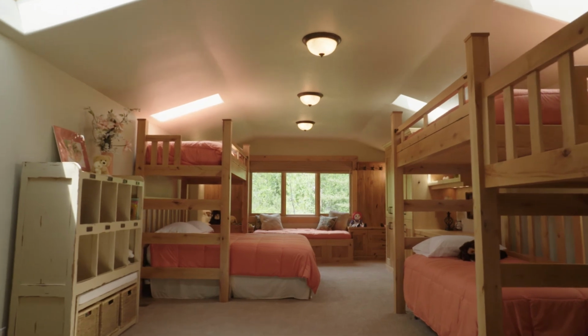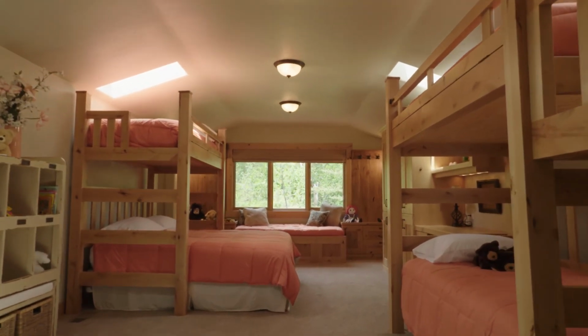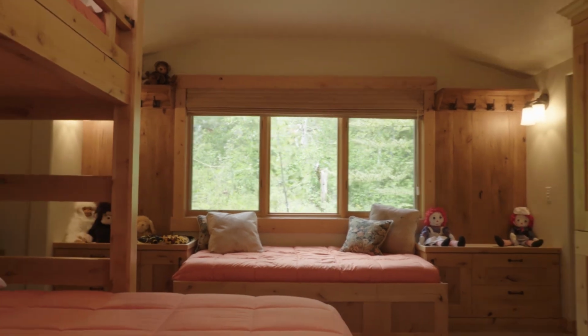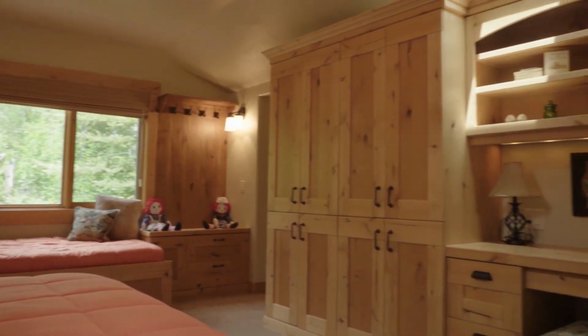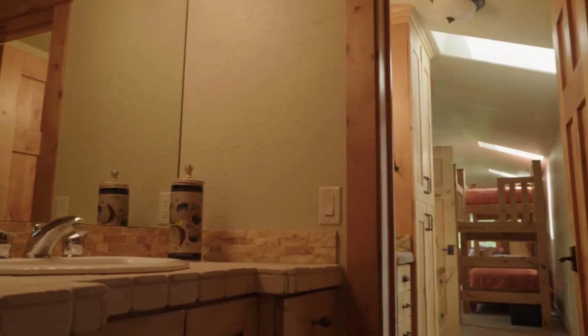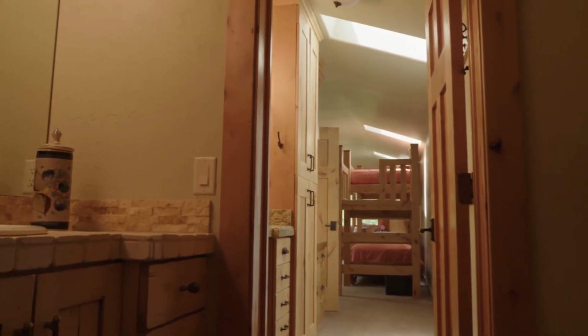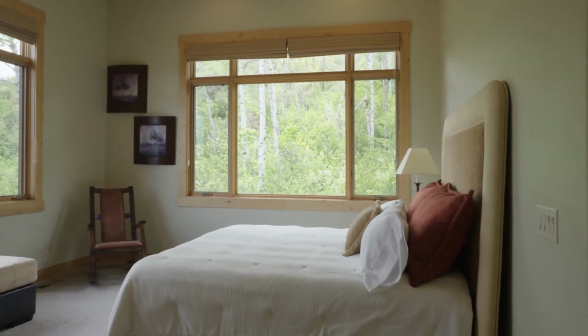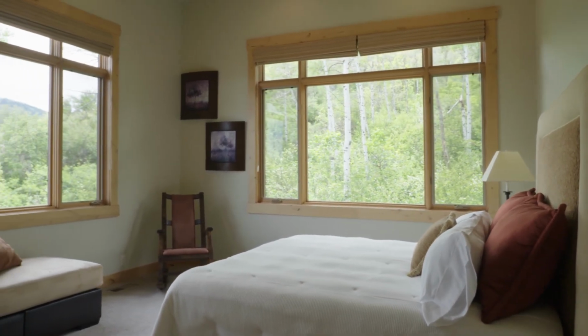Yeah, because this is definitely an entertainer type of house because the location, of course, and all the beautiful location. This is a place where families want to come and really enjoy. Absolutely. It can be used as a single family home, or it could be used as a second home for you and your family. And you've got people visiting. Everyone wants to come visit Park City, and you've got plenty of room for them. And as we continue through the